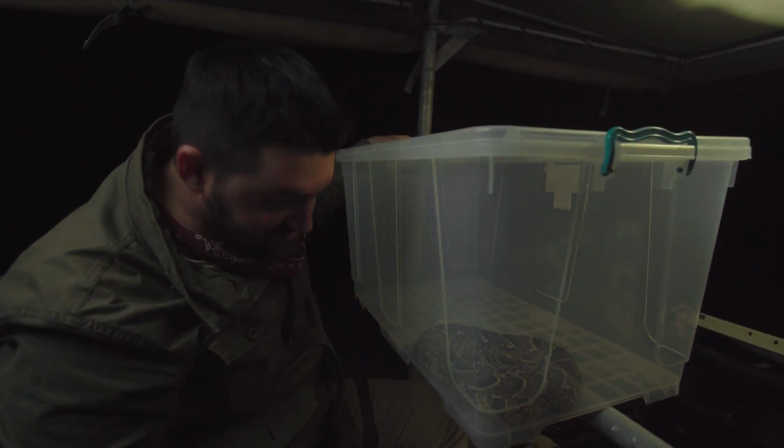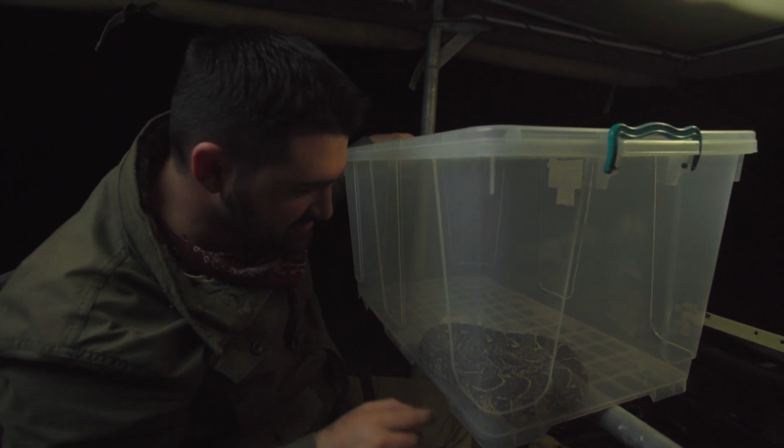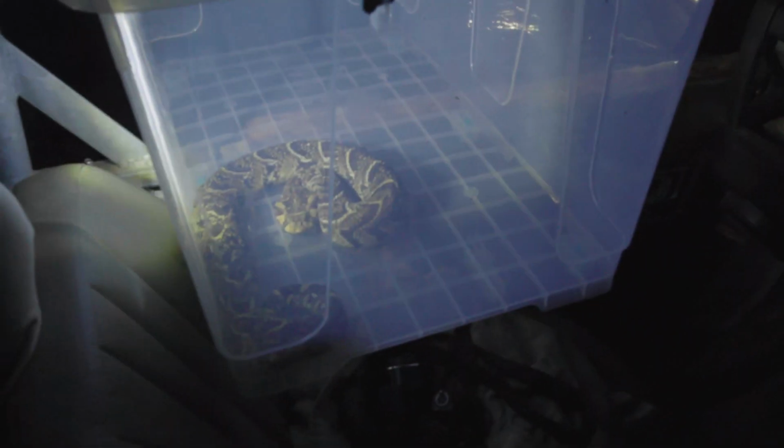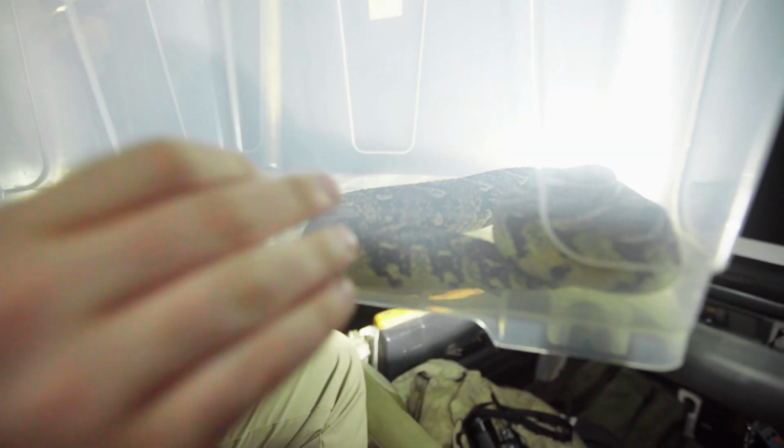So this is a big snake. She's probably a female. She's looking a little chunky, and you can tell just the beautiful pattern on her. White bordered dark chevrons running down the body is how you can always tell it's a puff adder. Puff adders have that very distinct pattern, but when she's in the leaf litter on the ground, she is absolutely